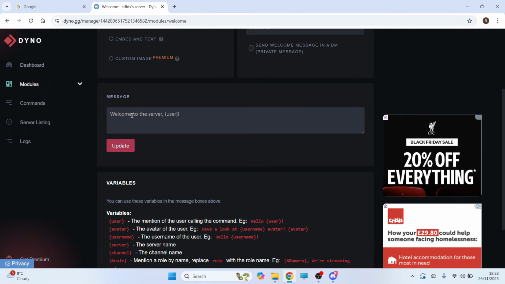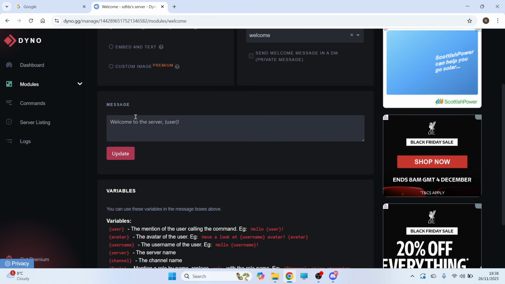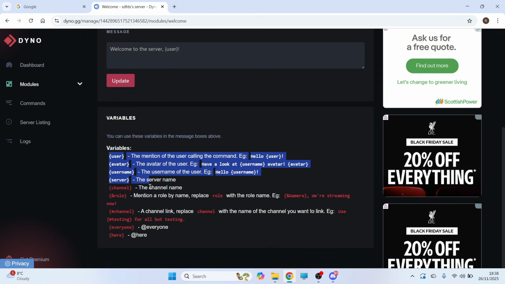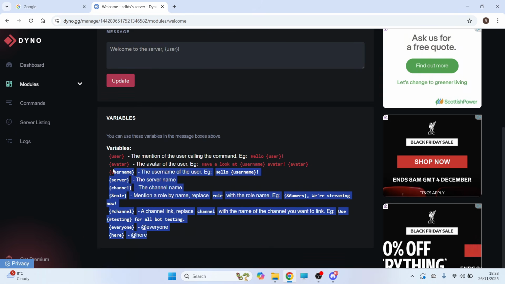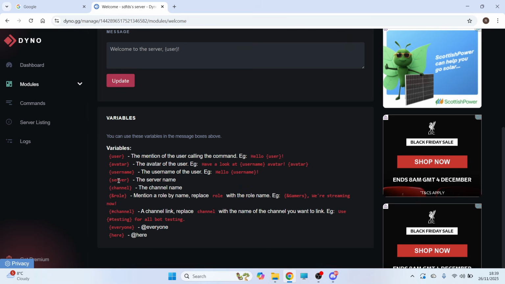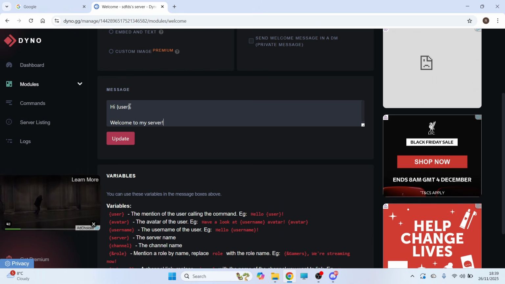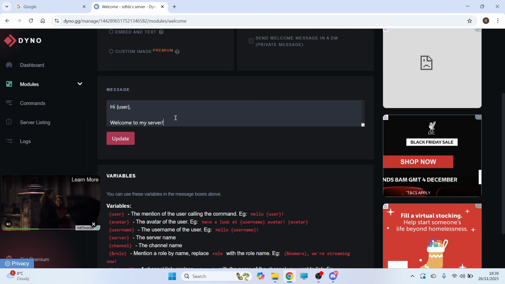You can then scroll down to the message and this is where we need to go and customize our welcome message. Now if you scroll down, you'll see all of these different variables and we can use these in the message to go and customize it. So for example, I could type in hi {user} welcome to my server and then I